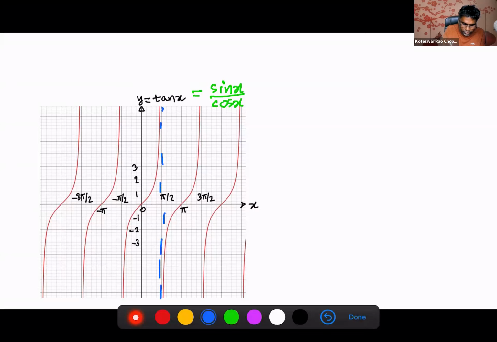So the same logic holds good at every multiple of pi by 2. Here, if you approach from the left side and the right side, you know that sine is positive both in the first quadrant and the second quadrant. But when it comes to cos, in the first quadrant it is positive, but in the second quadrant it is negative. So the moment you approach pi by 2 from the right side, that means you are in the second quadrant,